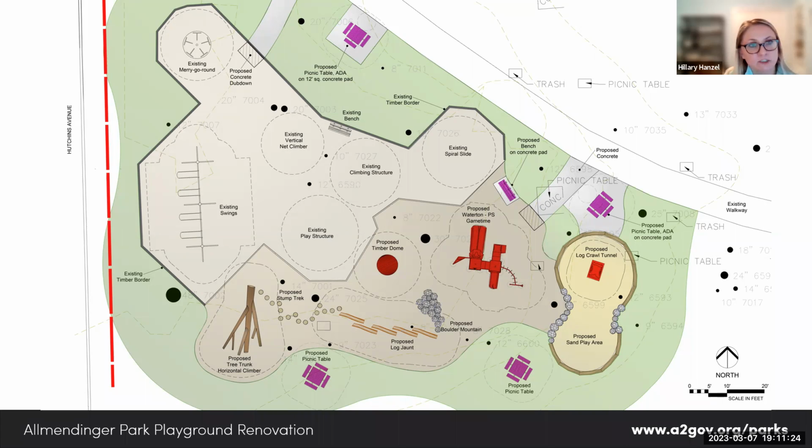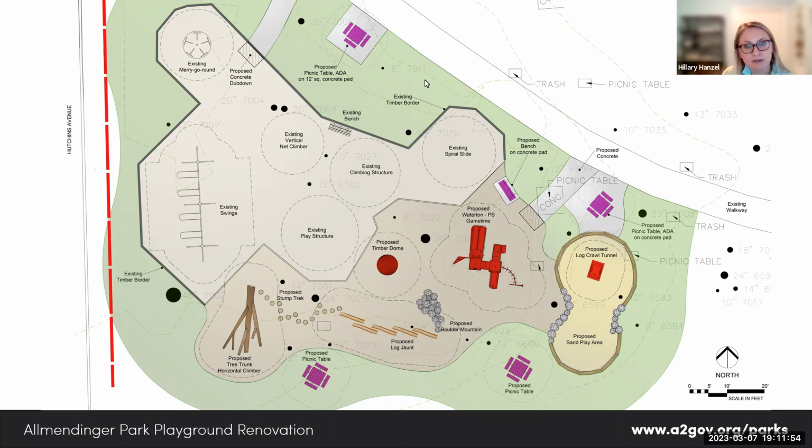One of the things I'd like to talk to you about first is this red dashed line along Hutchins. We're going to be working with our park operations or field staff to actually build a wooden fence along there. So it won't be a fully enclosed playground, but it'll just provide kind of a visual barrier, where parents can use it as a reference point to keep kids away, just one little visual reminder to keep kids within the playground area.